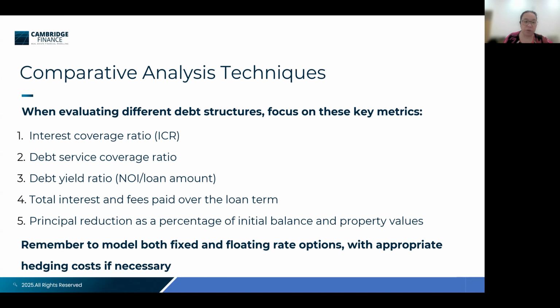So we need to look at ICR, interest coverage ratio, debt service coverage ratio, DSCR, debt yield ratio, total interest and fees paid over the long term, and principal reduction as a percentage of the initial balance and property value. So that's pretty much saying what is the amortization profile. And then also we need to remember to model fixed and floating rate options with appropriate hedging costs